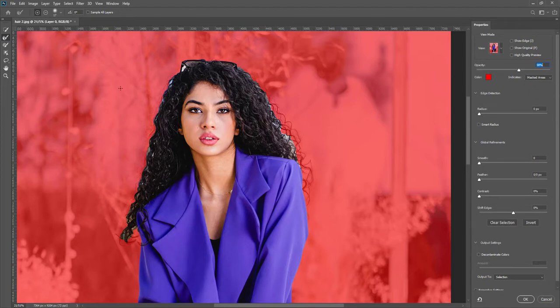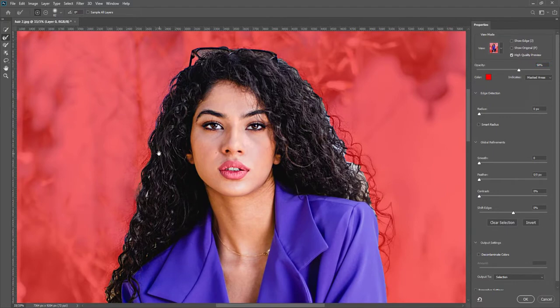So it means if I hold Alt and right click with my mouse and increase this little circle, I can slowly go around these white areas, just white areas. Again, white areas. I want to zoom in a bit, Command Control Plus. I want to bring back a bit of this hair as well. So let's go over this area,